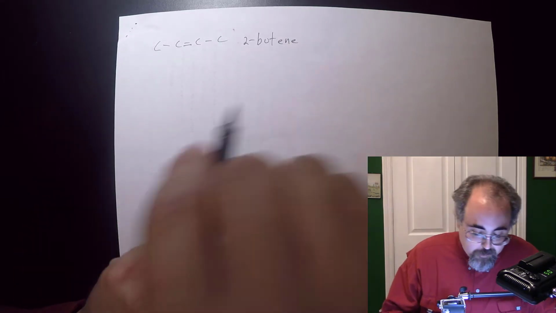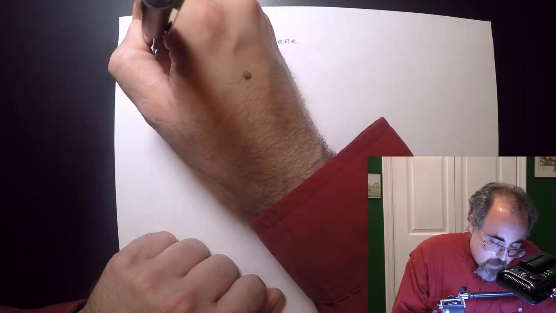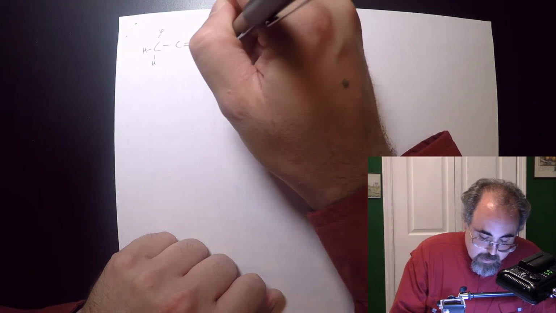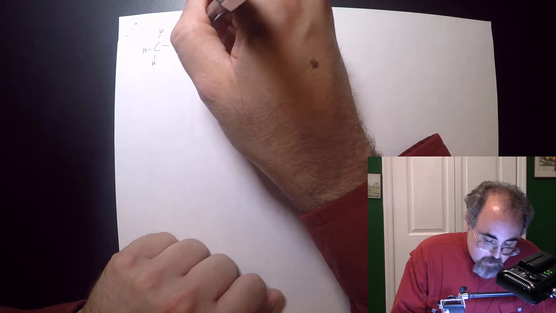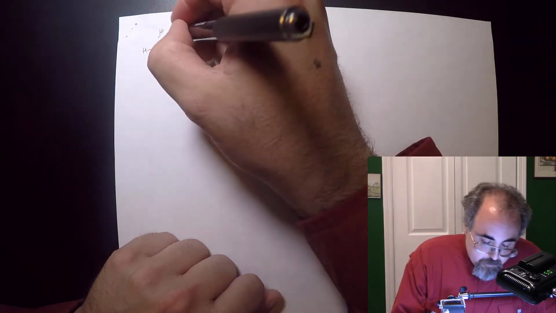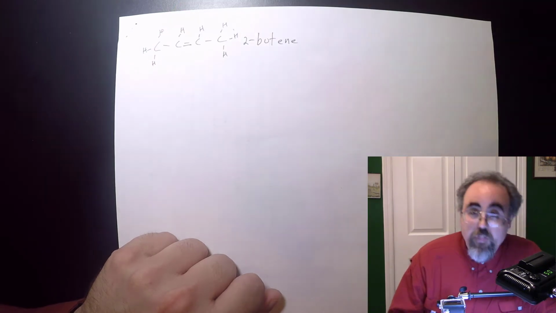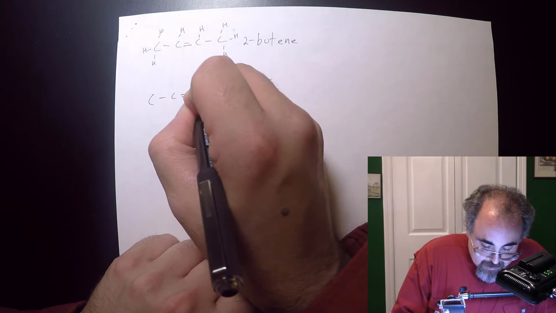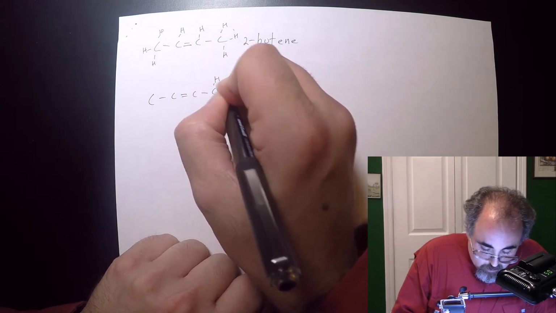I've left the hydrogens off, but let me put the hydrogens back on. Of course, those guys, they get their 3 hydrogens. That's exciting. But here's the interesting one. Where does the last hydrogen go? If I put it there, that's one isomer. If I put it in the other spot,